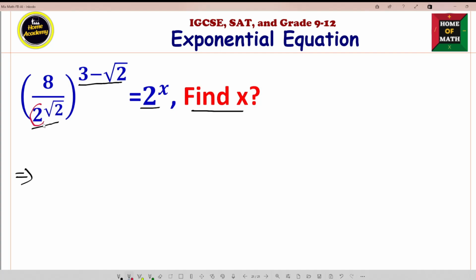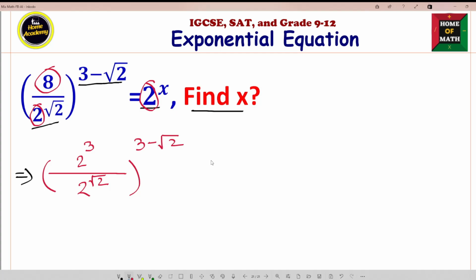Look, here is 2, here is 8, and here is 2. So among these numbers, we can make a relation. How? Look, this 8 we can write as 2 to the power 3, and here is 2 to the power root 2, whole to the power 3 minus root 2, and here is 2 to the power x. Okay,